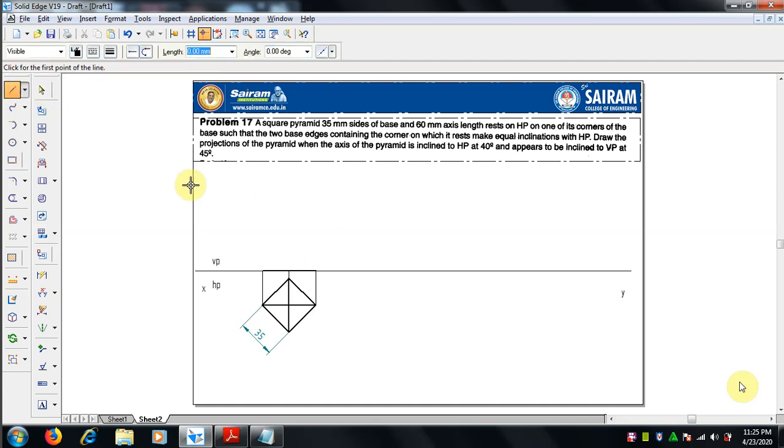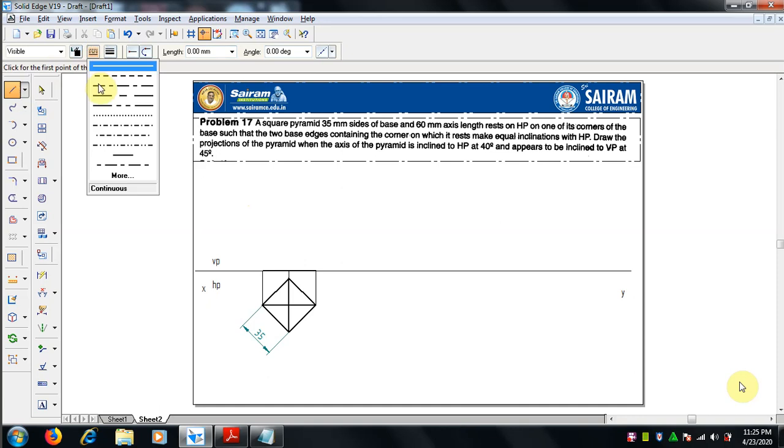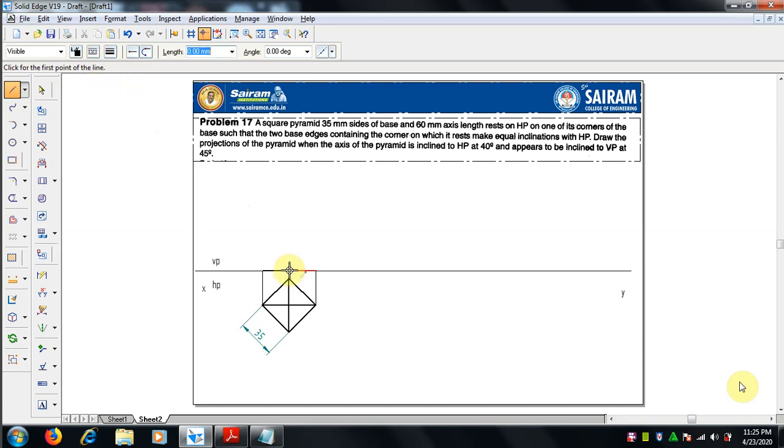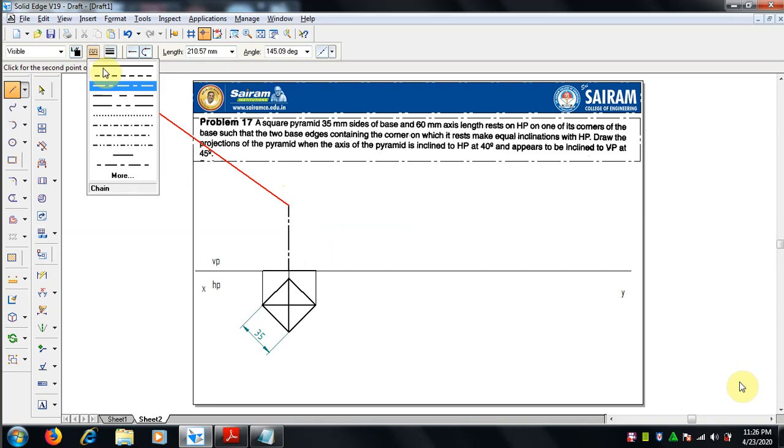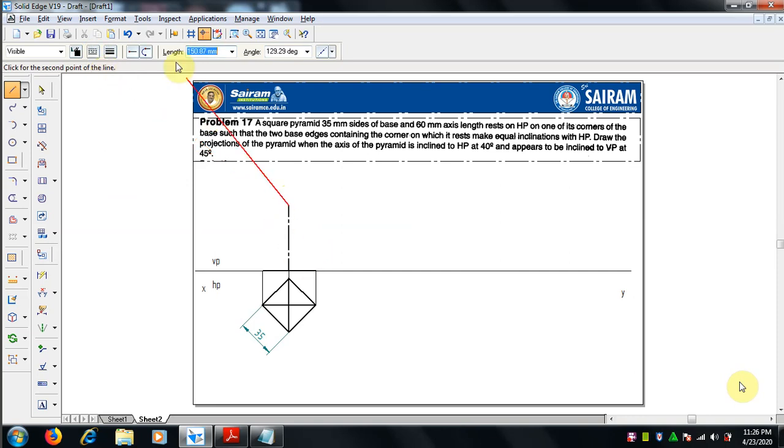From the top view we draw a center line for the axis height of 60 mm, at 90 degrees. With the help of the center line, next we join the slant edges from the apex to both corners.